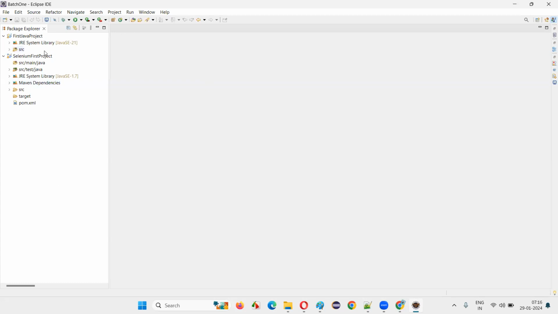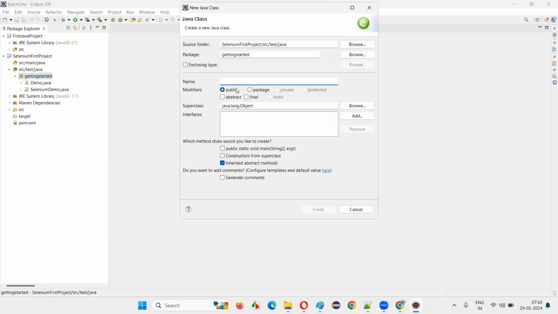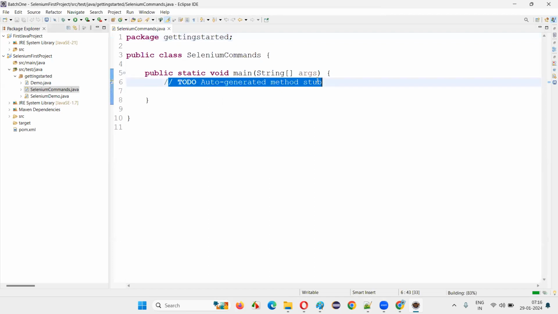For that, I'll go to the Selenium first project under src, getting started. You have already created something; now I create one more class. Selenium commands class. I'm just giving some different random name for this class. With the main method, I'll auto generate. Okay, inside this main method,